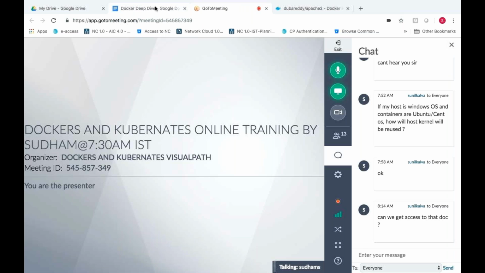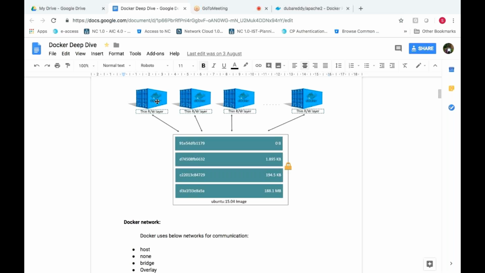So this layer, if it wants image related information, will talk to the image and get the information. Okay, when you do some installations, everything will be done on this particular layer. When you delete a container, this layer will be deleted, not the image. Okay, and if there are containers created with this image and you delete the image, your containers will crash, but it doesn't allow you to delete your image.